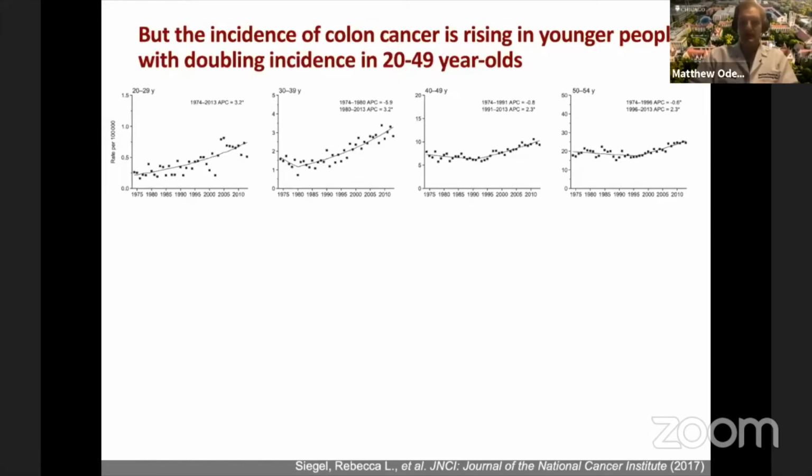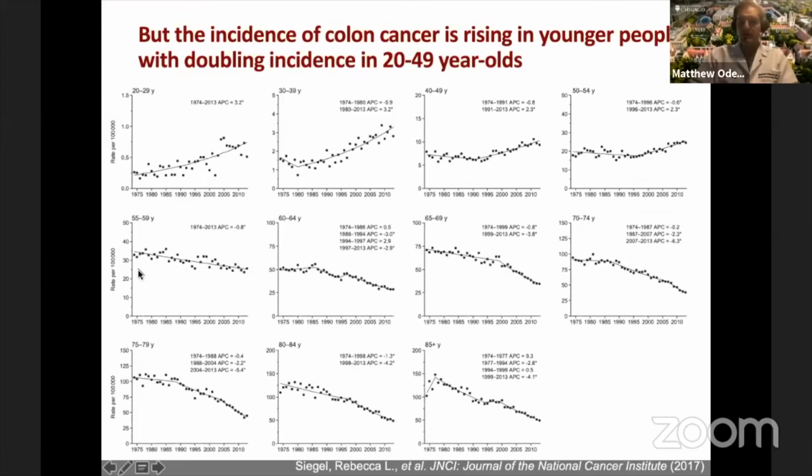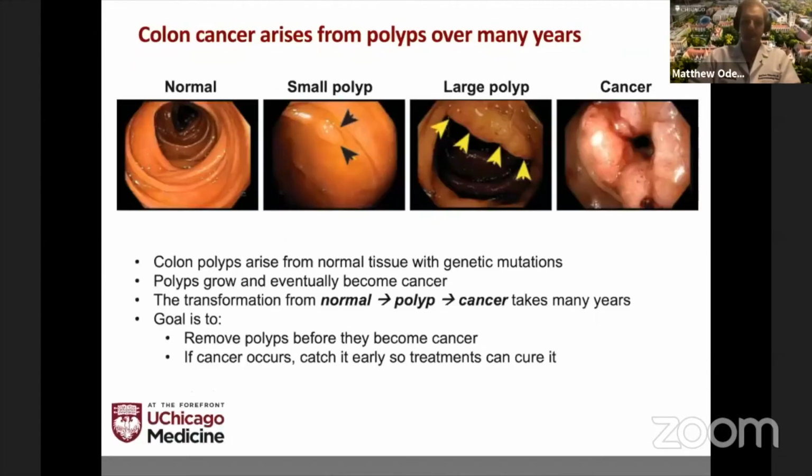This is in stark contrast to older patients who regularly get screened for colon cancer, from age 50 to 85 plus. You can see that all of these graphs go down and to the right, so the incidence of colon cancer is falling in that age group. These graphs aren't directly comparable because the axes are different on each of these. The rate of colon cancer is still much higher in older patients, but there's a striking trend towards rising rates in younger patients.